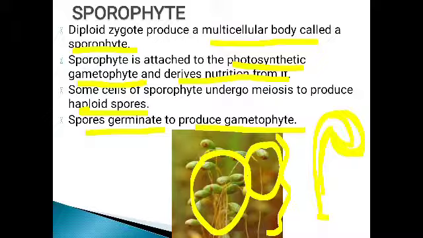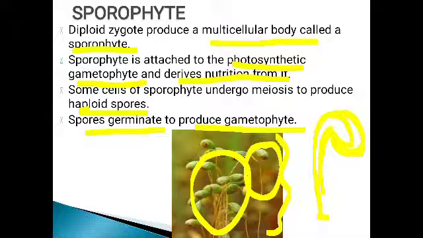So the life cycle of this plant, the bryophytes, has two phases, isn't it? Two generations, we can say, gametophytic and sporophytic, which alternate with each other. We cannot say each generation is a separate plant. It is not a separate plant. It belongs to the same plant, but there are two life forms: one part is the gametophyte and another part is the sporophyte. When both these generations alternate with each other, one life cycle is completed.